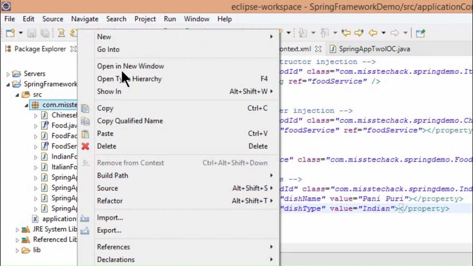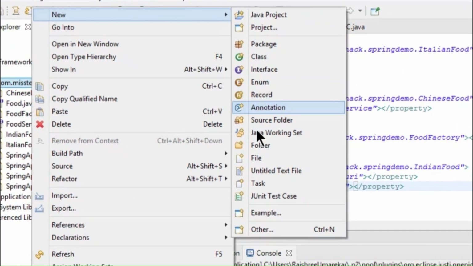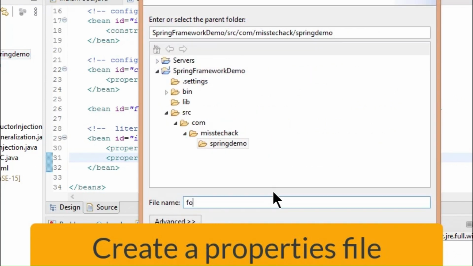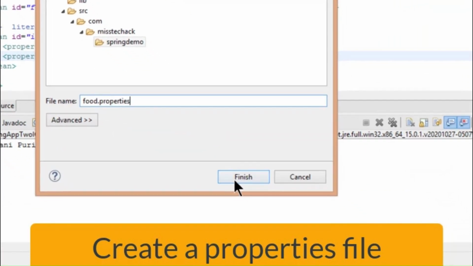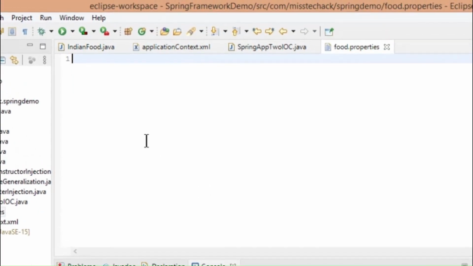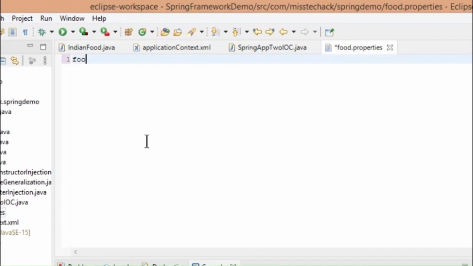Right-click on the package and click on New, File. Enter file name as food.properties and click on Finish. Now, add the food name and type in properties file.